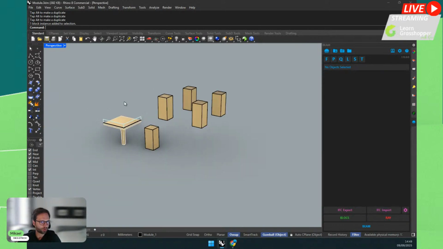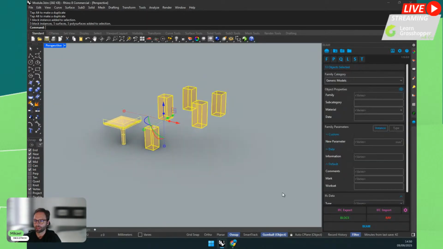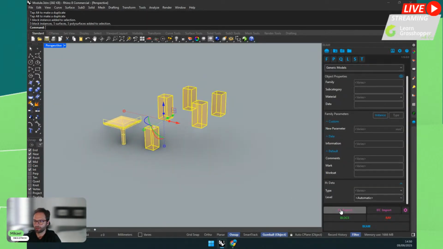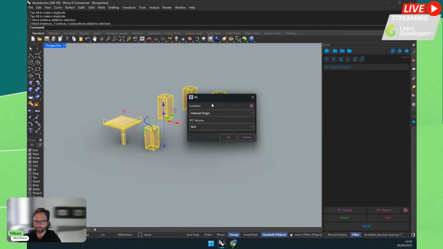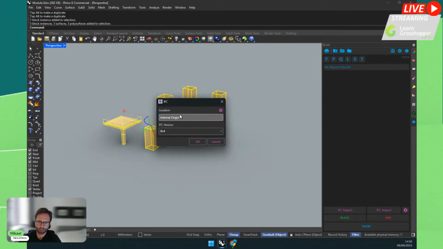Let's do one export, manually export, and then I will go through maybe all the IFC nodes in Grasshopper, so we can redo the whole workflow in Grasshopper. Okay, so I will select this data, and then I can click on IFC export. Here, a few notable important things. We should have 4 hours probably to go over everything, but I'm using internal origin. Internal origin is the geometrical origin of the Rhino file. If you want to export with another origin, you can.